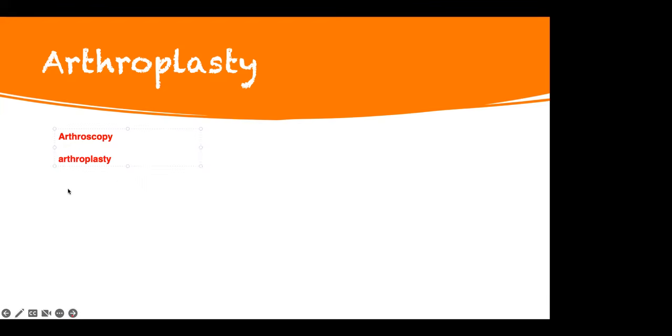So what does that mean? The same thing. Every time we say "plasty," we're trying to patch it. You're patching something, so you're redesigning it. So basically, new joint. It can be knee or hip replacement. That's what it means. So when you say some patient had a hip arthroplasty, it's different from